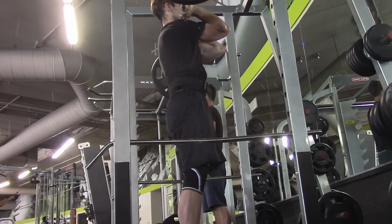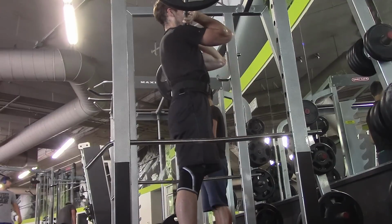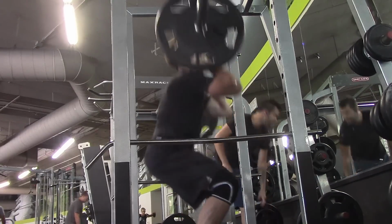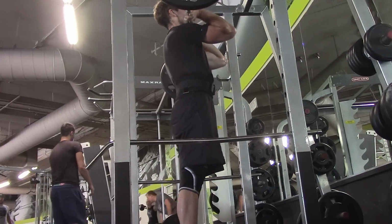Now, this probably will be my last show at this sort of training phase. At this sort of dieted state, I probably will do a slow reverse diet back and try to start gaining some weight again. Try to get a little bit stronger, trying to put on some mass again, and that'll be fun. I think it'll be sad to see the shreds go, but I'll be happy to see some muscle mass